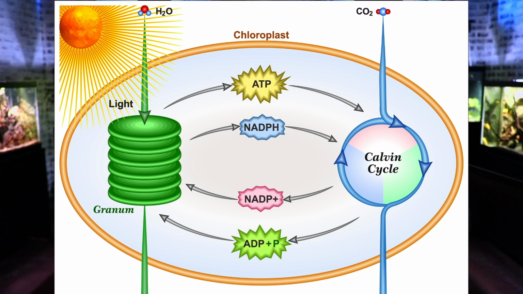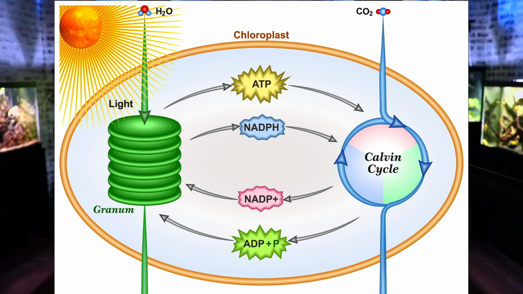And the whole purpose of the light-dependent reactions is to make ATP and reducing power in the form of NADPH. And that ATP and that reducing power is going to go to the Calvin cycle on the right-hand side. And the Calvin cycle is an example of light-independent reactions. And so in the light-independent reactions in the Calvin cycle, the plant or algae or cyanobacteria, the photosynthetic organism, is going to utilize CO2 in an anabolic process along with ATP and the reducing power,